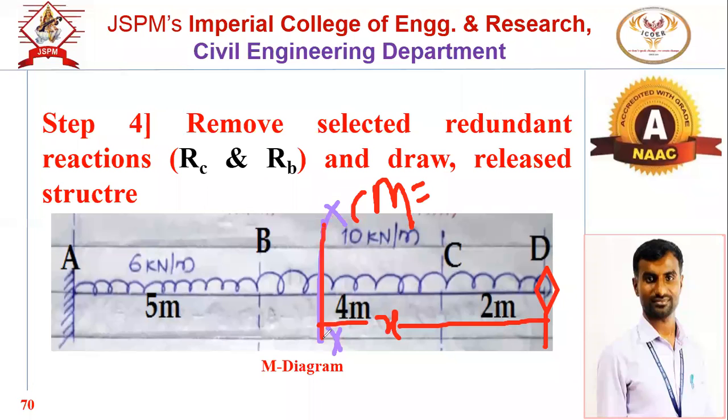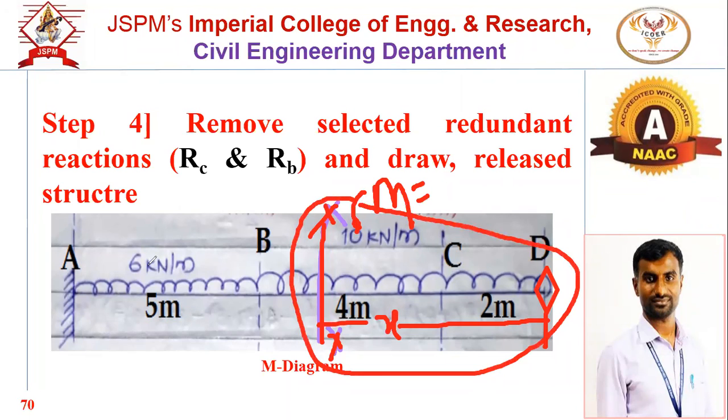This is the section line, XX. This is the x from the origin. What is M for BC zone? UDL intensity again 10. How much will it be? What is the bending moment equation for BC? The perpendicular distance. Minus 10 into x by 2. Yes, correct. It will be again the same because x we have just extended up to BC zone.